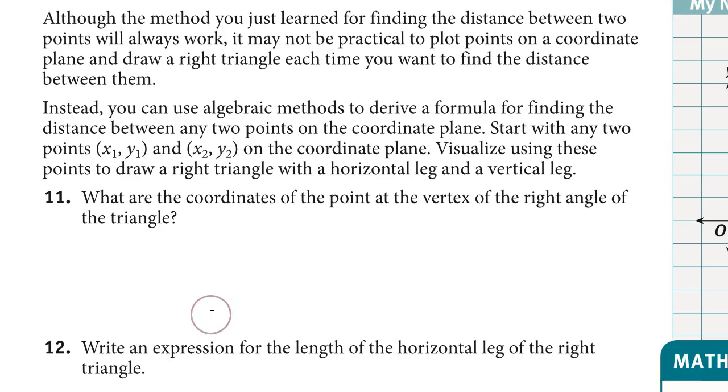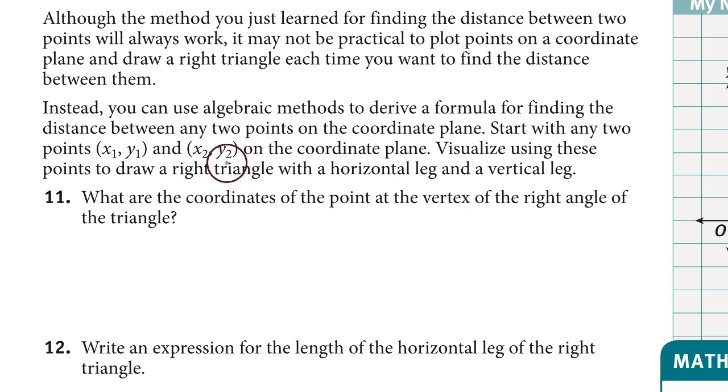To do this, we're going to use variable symbols to represent the numbers for our coordinates. The first point, whether it's called point A, point M, point X, whatever it is in a math problem, we can use the symbols x1 and y1 to represent its coordinates. The second point in our picture, regardless of what letter it's called, we can use the symbols x2 and y2